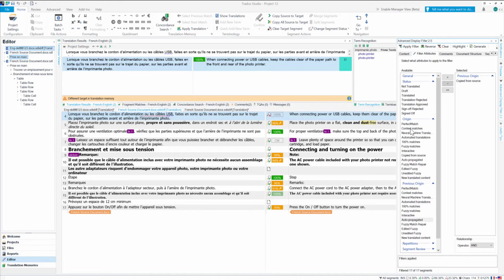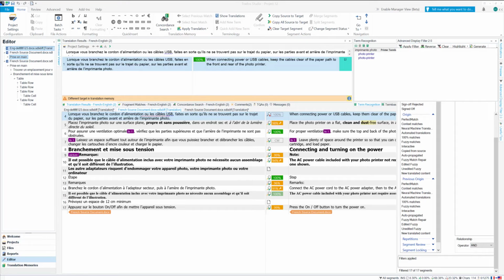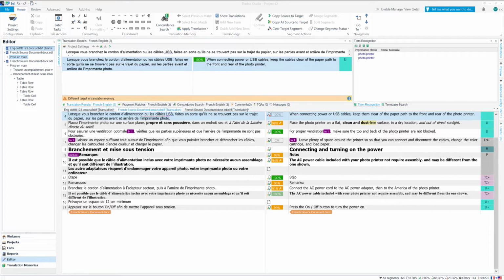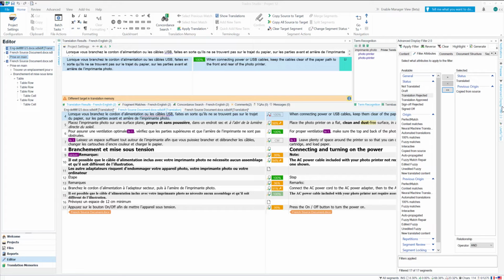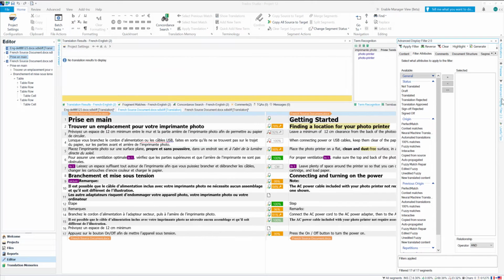Filter Attributes features a list of segment criteria, such as statuses and match type. Similar to the one that you see in the standard display filter. The difference is that you can combine multiple filters to hone your search, adding and removing criteria with the arrow buttons. Here I'm looking for segments with translated status that I originally copied from the source.